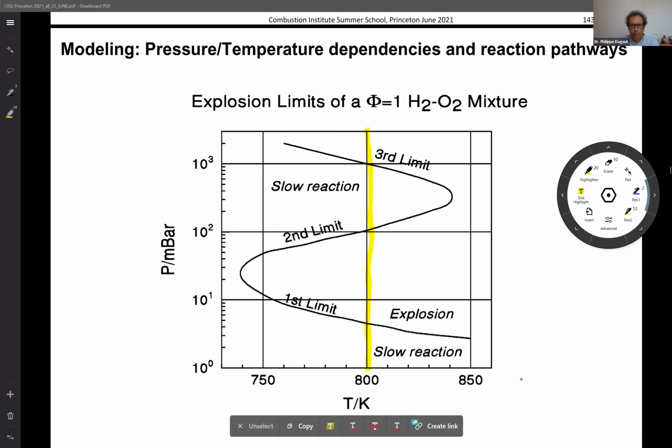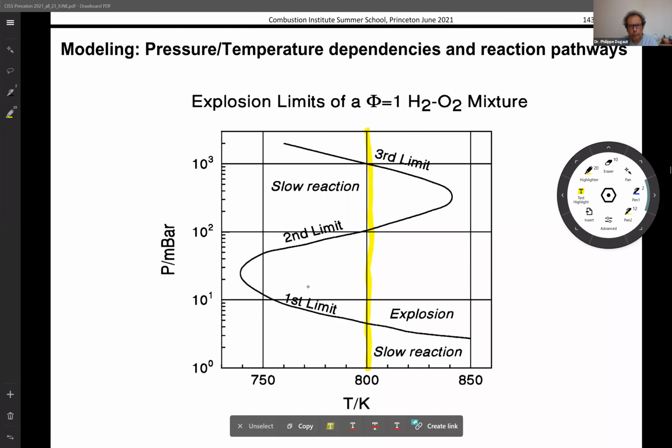If we look at this graph, for example, at what's going on at 800 Kelvin, at low pressure the reaction of oxidation is very slow. And when we increase the pressure, suddenly we switch to a very reactive domain,